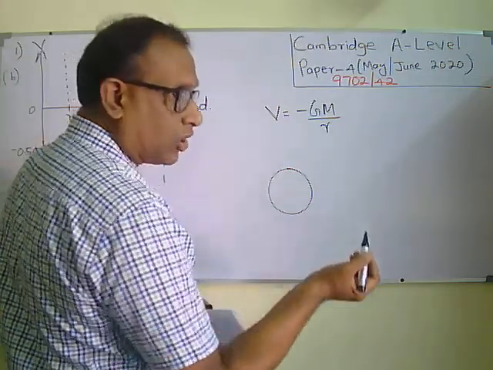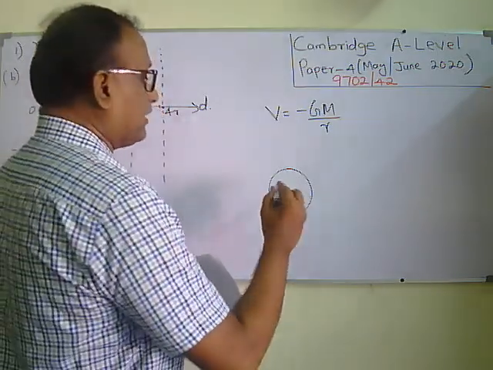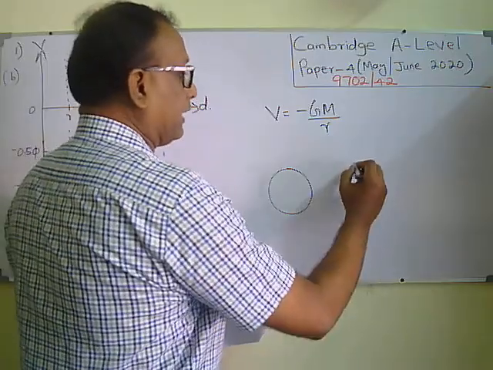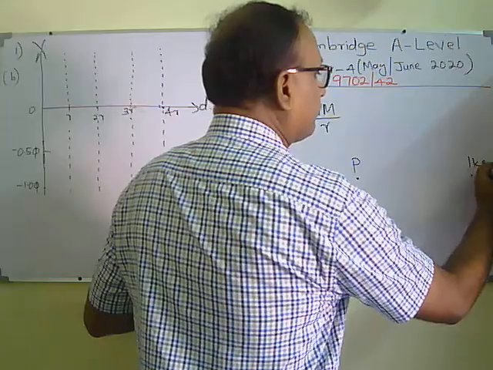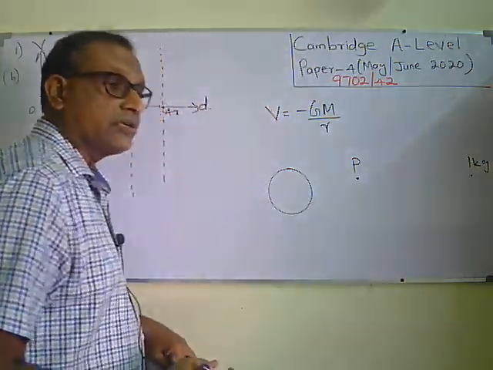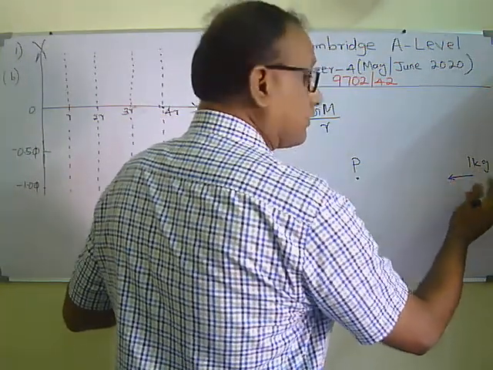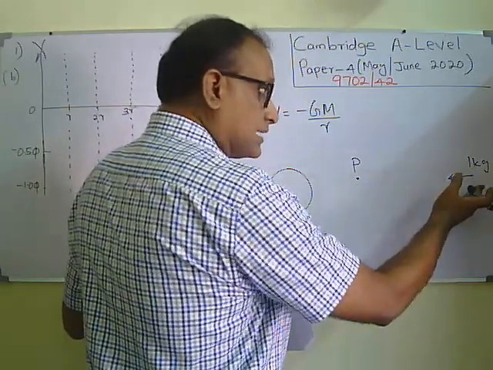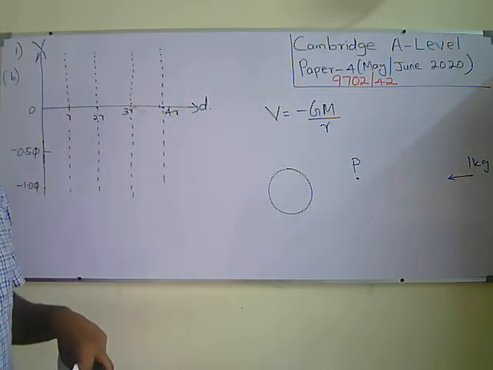So this is the planet. Normally we don't feel the gravitational effect from other objects. If you want to find the gravitational potential at this point P, when 1 kilogram mass is moved from infinite distance to this point, actually external work is not required because gravitational force is always attractive. So the gravitational field will do work. That's the reason, since the force is attractive, the gravitational potential is negative.